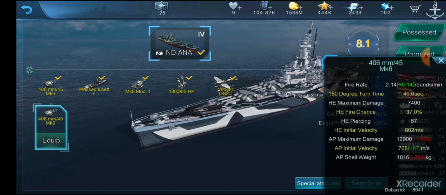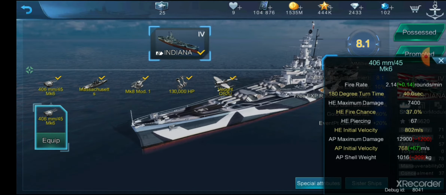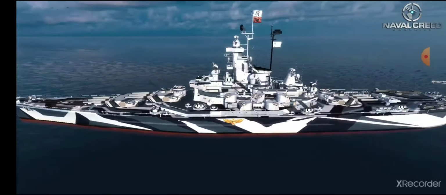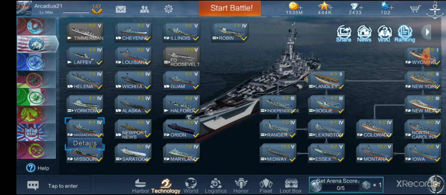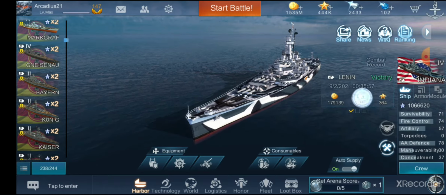But you also have a second set of 16-inch guns that give you a faster rate of fire, faster velocity armor-piercing shells, but you do lose a little bit of your armor-piercing damage. So they're kind of faster armor-piercing shells instead of just the normal super heavy shells, I would assume. I also don't have a real opinion on this either. I did play one game with the lighter shells,